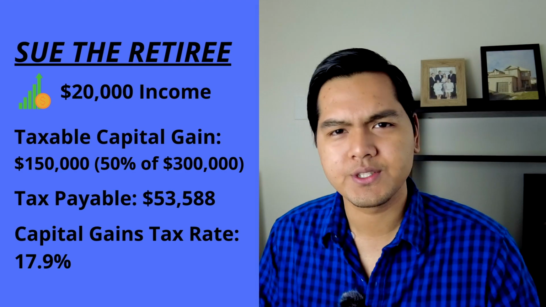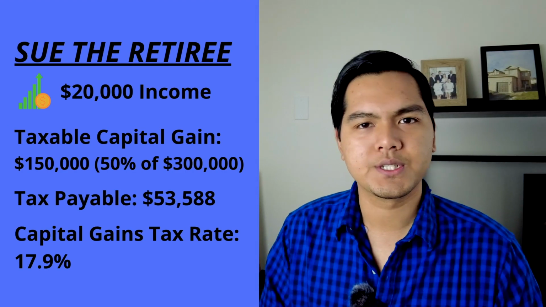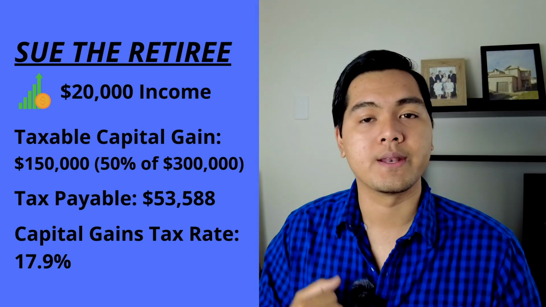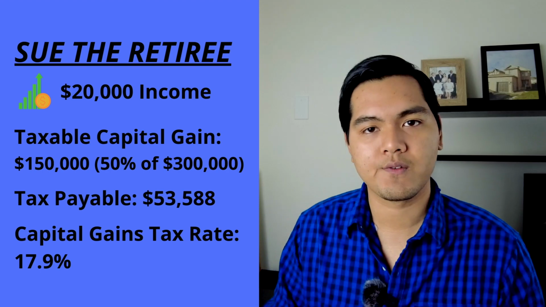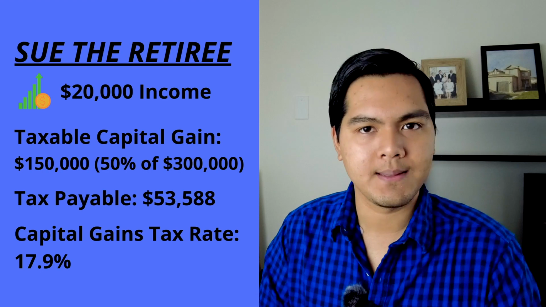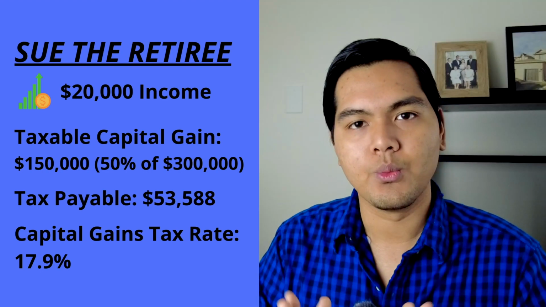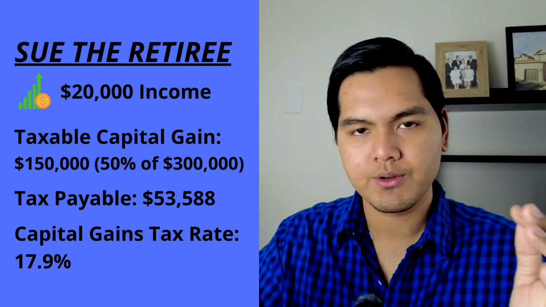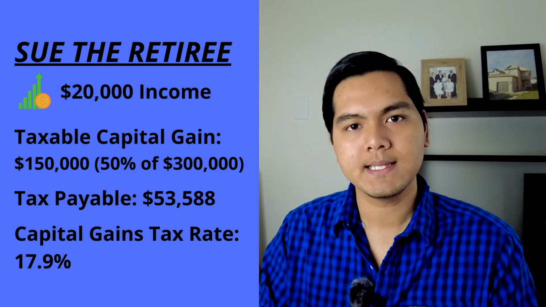She doesn't have a pension. She didn't bother putting any money into RSPs or anything else to draw an income off of. So she's solely relying on the government, and she's making $20,000 a year as a result. She still owns the same investment property. In her scenario, when this property gets sold, the same $300,000 profit is what she makes, half of which gets